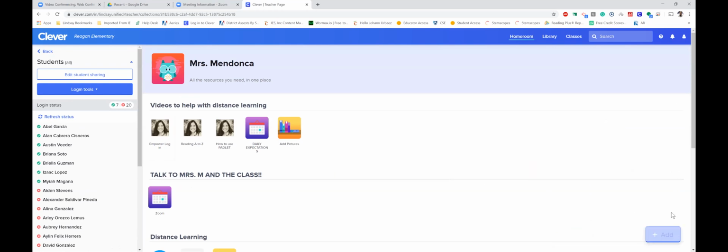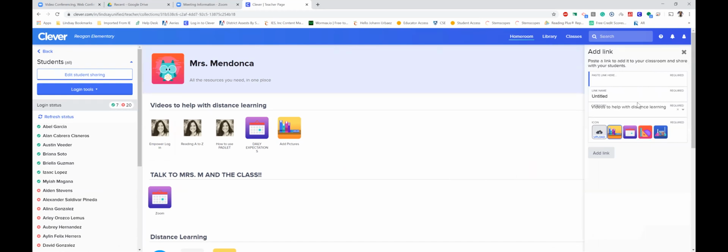So you see right here on the bottom right-hand corner, you have a little plus, and once you hover, it becomes a blue little box with a little plus check, you're gonna hit add. And what we have is the link that we got from Zoom, the URL that we got from there. This is where we want to put it. So you're going to click on link. You're going to paste the link right here on the first box.